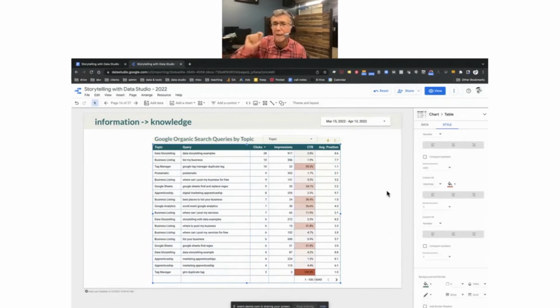I just go and say, okay, this particular column is the one I want to draw attention to. And here now we're starting to see the data come alive a little bit. You see a really interesting pattern in here. Click-through rate means, if somebody saw the listing, did they click on it? And we see incredible variation here. Now, some of these don't have a whole lot of data. I could increase my date range a little bit, but